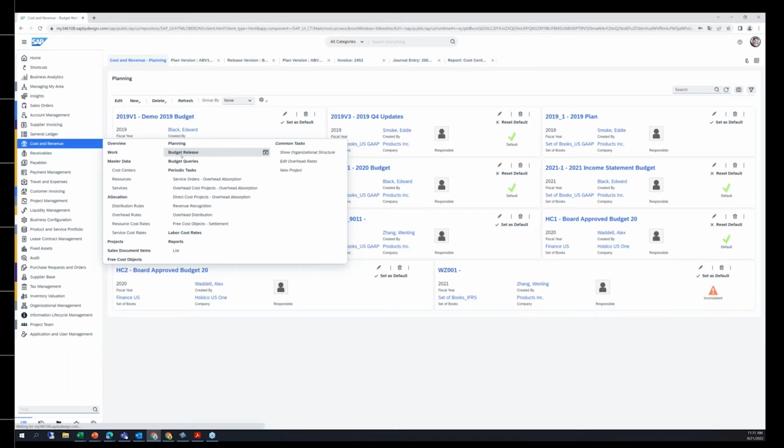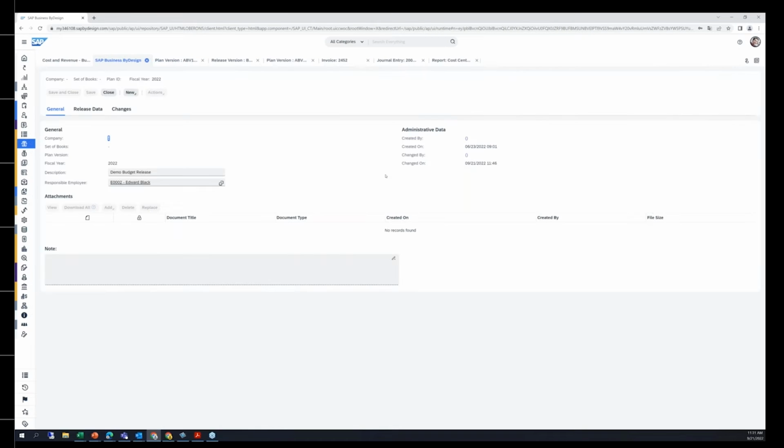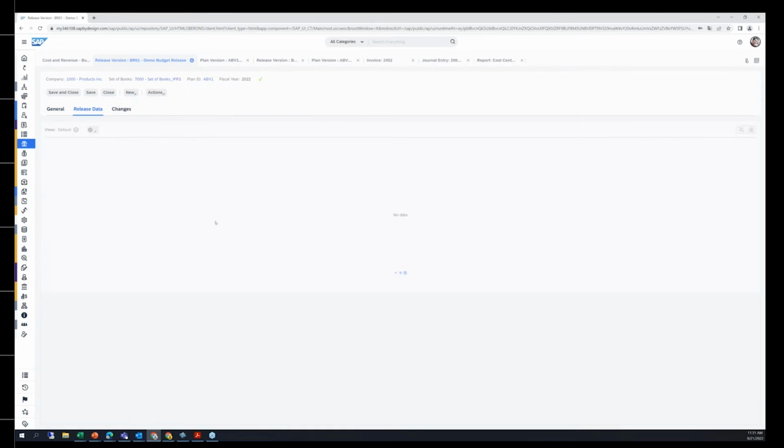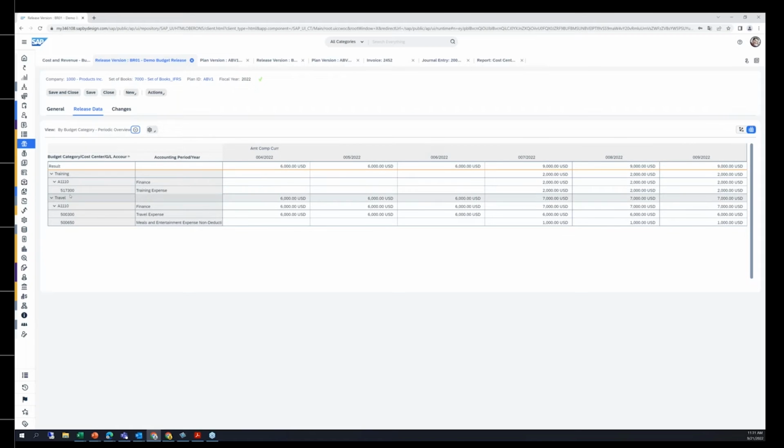Now the budget release feature looks very similar to budget planning. What this does is it allows you to release the budget that you have just planned for. In my example here, I have released the budget for travel and training budget categories with three GEOs. I released it for the second and the third quarter of the year, but I haven't released anything yet for the fourth quarter. Say Edward, the finance manager, now it is September, so he wants to release the budget for October